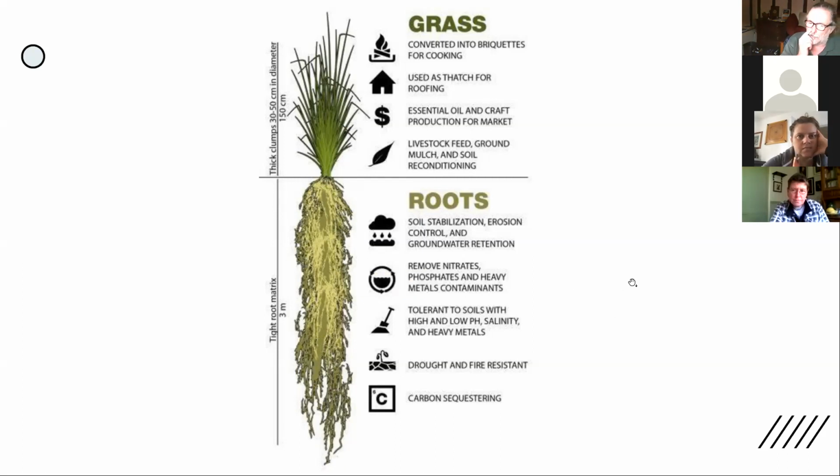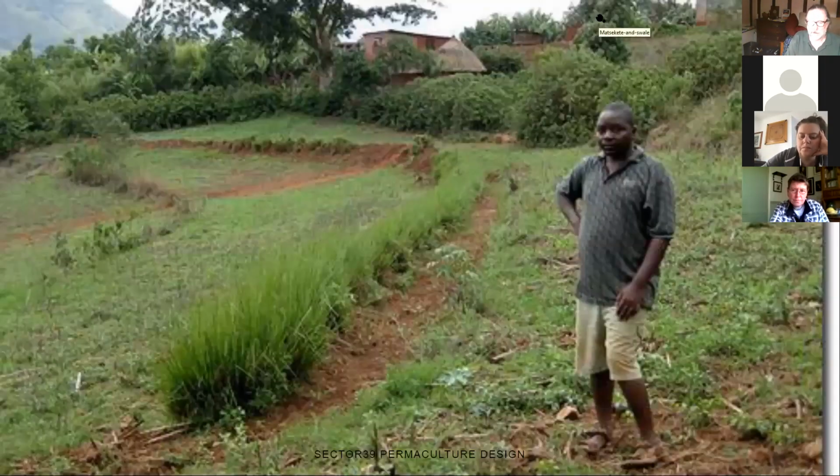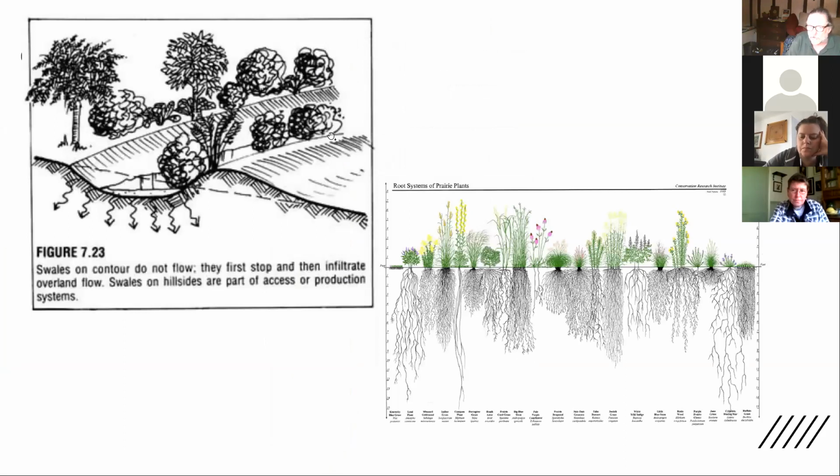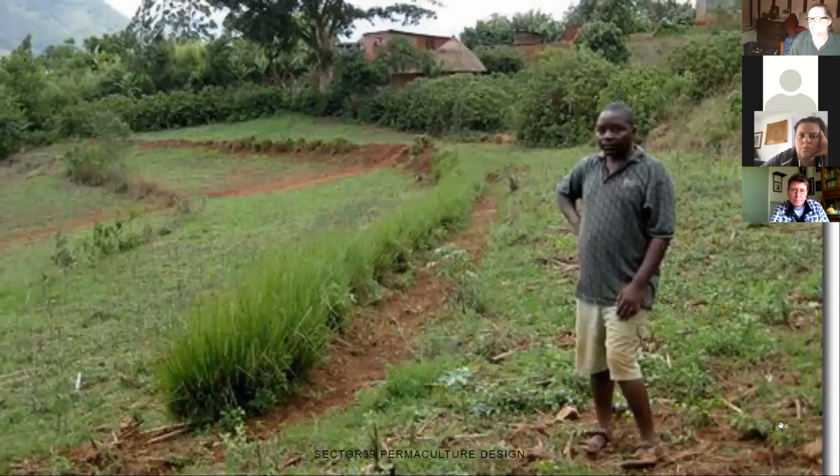It has a very high value use as well, in that from the roots you can extract vetiver essential oil. Vetiver essential oil is a component of 70% of all perfumes, or it's a very, very important element in perfume making anyway. So you can get high value outputs out of it as well. So imagine you start planting your vetiver along the top of your swale. You've now got something that's performing multiple functions.